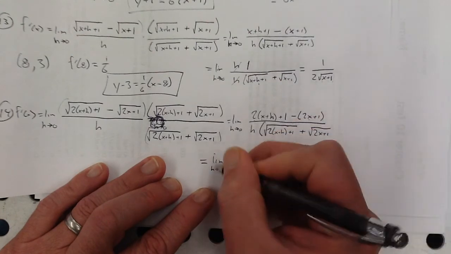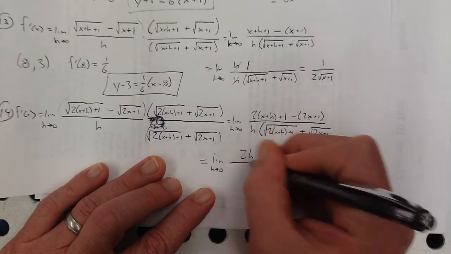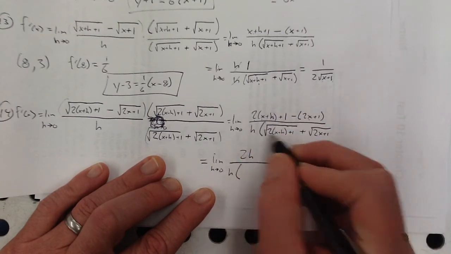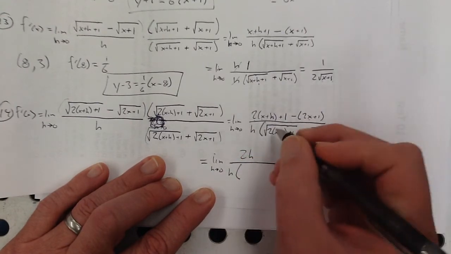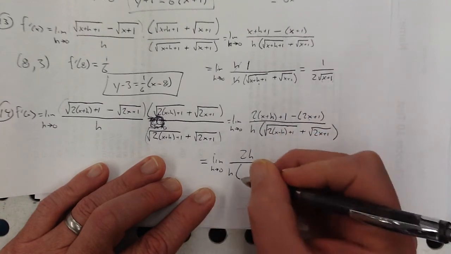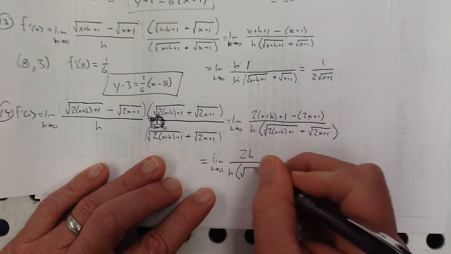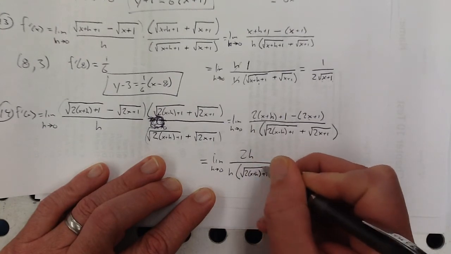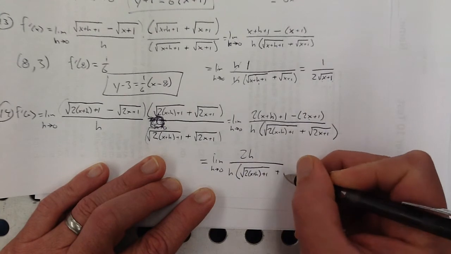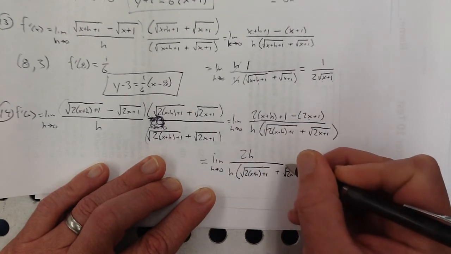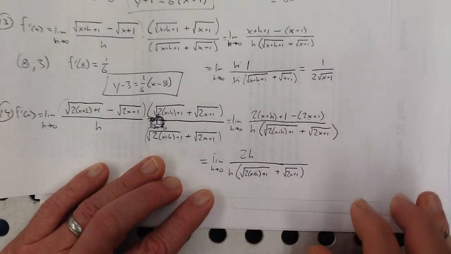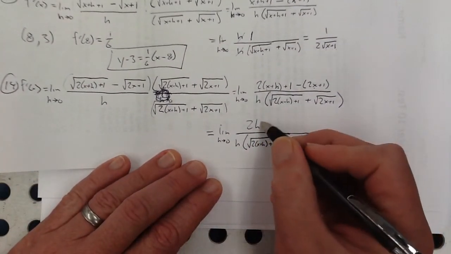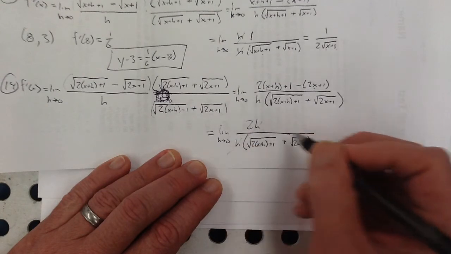Still h is in there, so I've got to keep writing that. 2h. At the bottom I got my h here, and then I got 2 of these things. Oh, no, I have the whole thing. Sorry, I haven't plugged in h equals 0, so I cannot combine them yet, but it looks like they're the same thing. If h was 0, then these things would be the same, right? That kind of always works that way, doesn't it? And then last step, h's cancel. I get a 2 on the top,